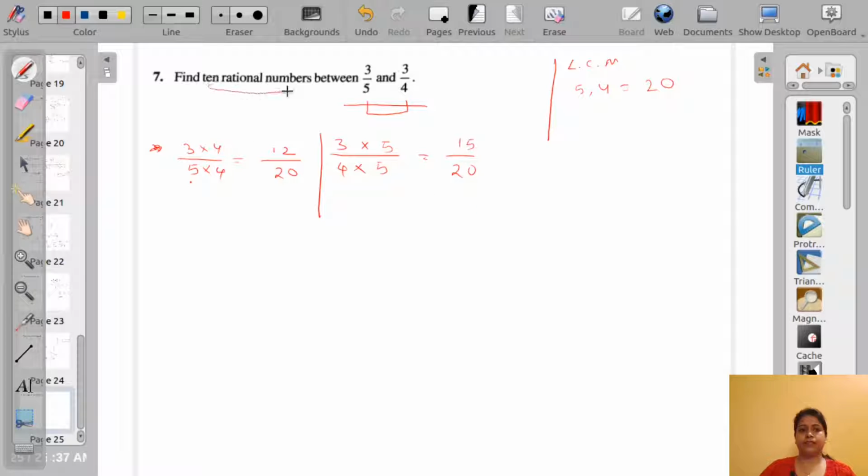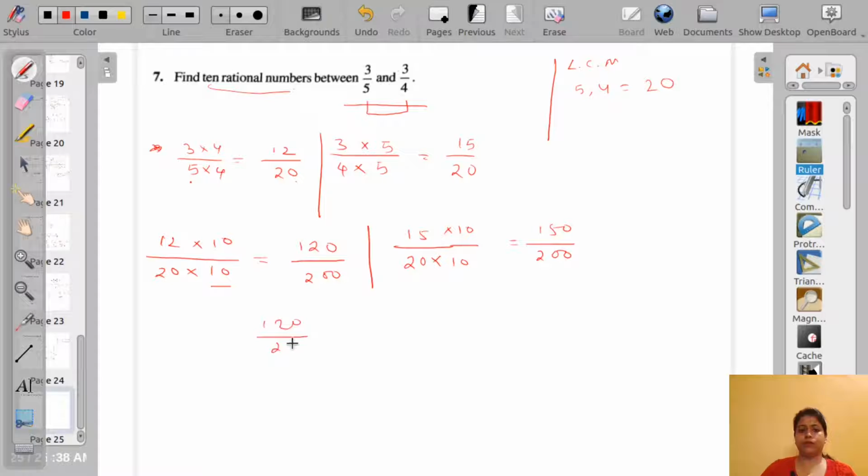So we have to find 10 rational numbers. Now between 12 by 20 and 15 by 20, we will get only 3 rational numbers. So we have to multiply with a given number. So 12 by 20, let us multiply this with 10, numerator and denominator, to get 120 by 200, and 15 by 20, multiply it with 10. It will become 150 by 200. Now between 120 by 200 and 150 by 200, we can write